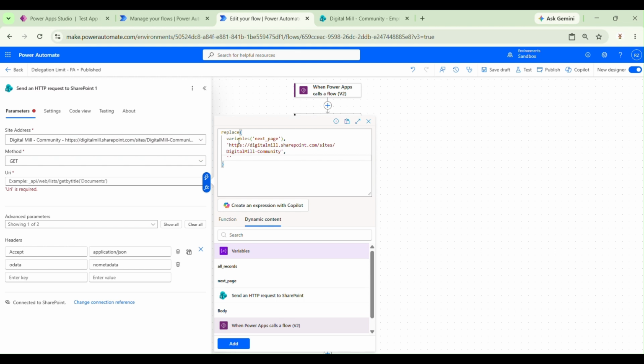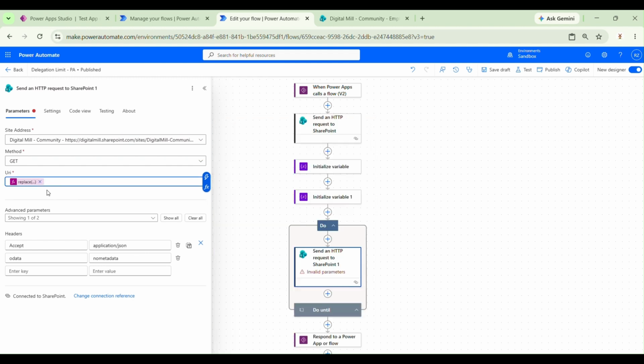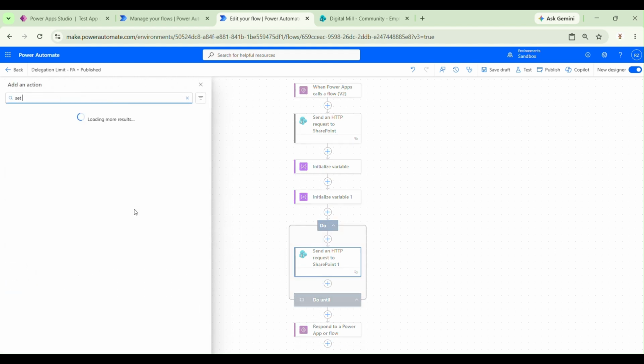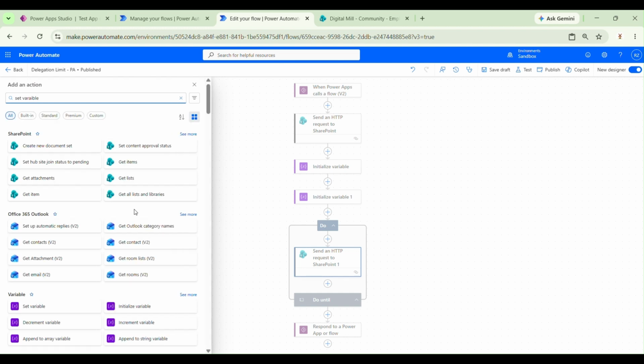So what's happening here is that we are taking the URI for next page, and we are just replacing this base URL that is referencing the site for an empty string, which will leave us with this relative URI. Now, no further changes are required for this HTTP action, so inside the loop, I will include a set variable action,